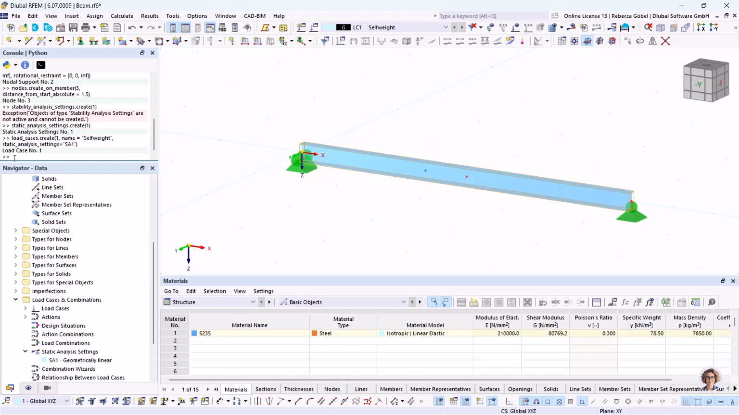So now in the next step I can create some loads. First of all, I want to create a continuous member load and apply it to the beam. To do that, I first need to define in which load case the load should be applied. It's load case number 1. And then I say member loads, because I want to apply a member load in this case, and dot create